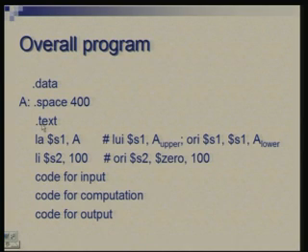Then there is .text, which indicates the beginning of the code or the program. So, you will initialize these two registers, where we assumed that S1 contains the starting address of the array. Here we are using the instruction LA, which is load address into this register, and A is the address we are loading. As an assembly language programmer, you need not worry about what address A actually is, you are leaving it for the assembler to figure out.